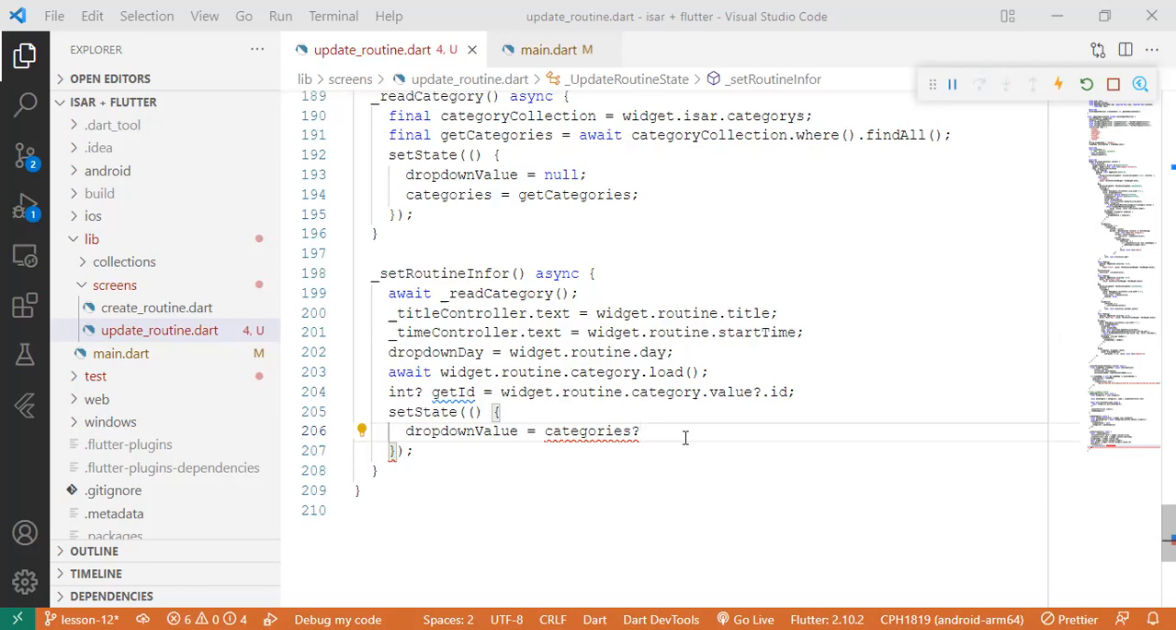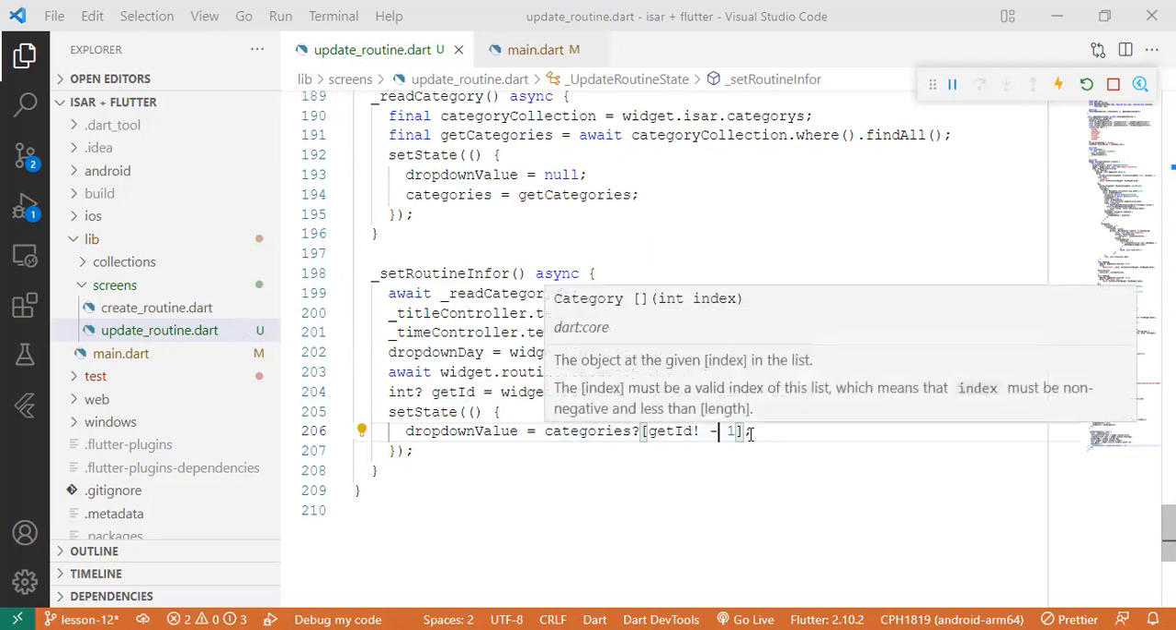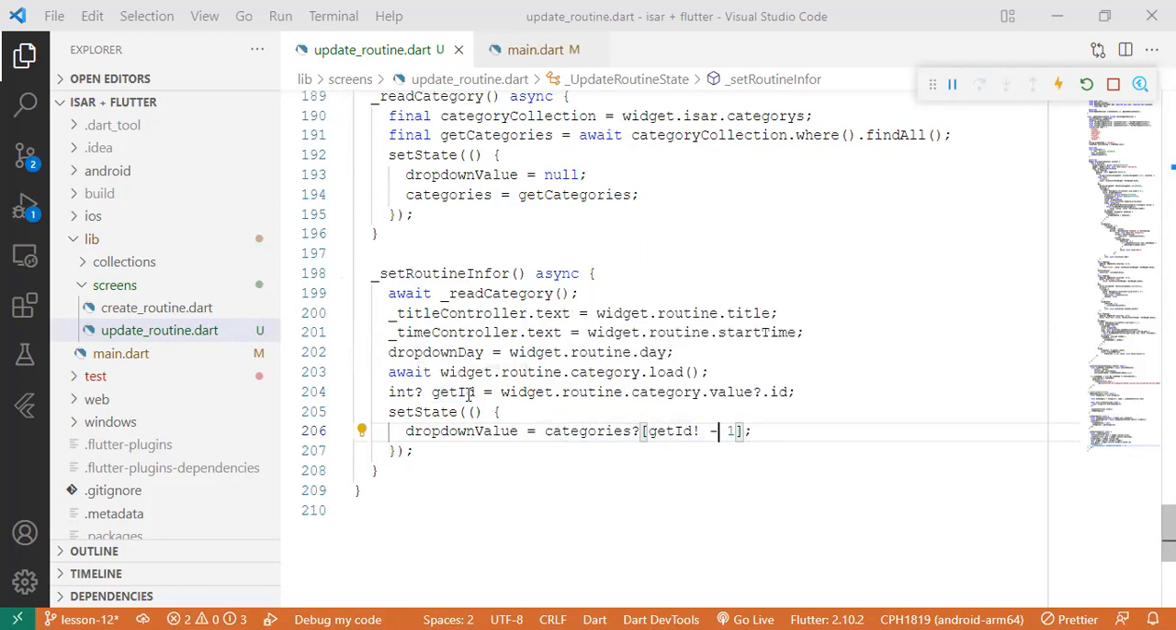So if it's not nullable, proceed to get ID minus 1. So in this case, if the get ID is 1, 1 minus 1 is 0. 1 minus 1 is, this is because of this, so I need to pass that. 1 minus 1 is 0, so we're getting categories index 0. If we say we get ID, the category value is work, and this only works if your category collection